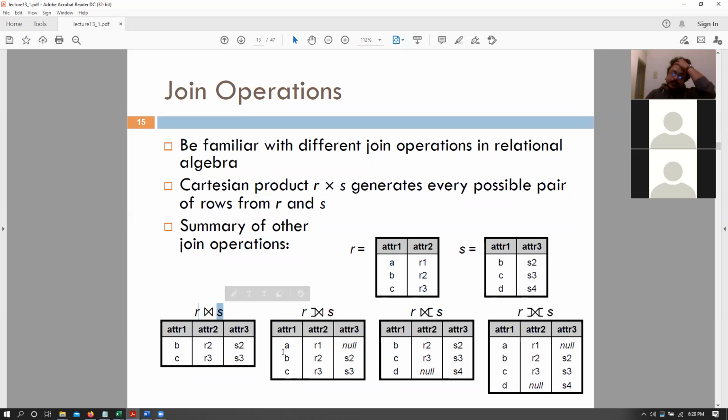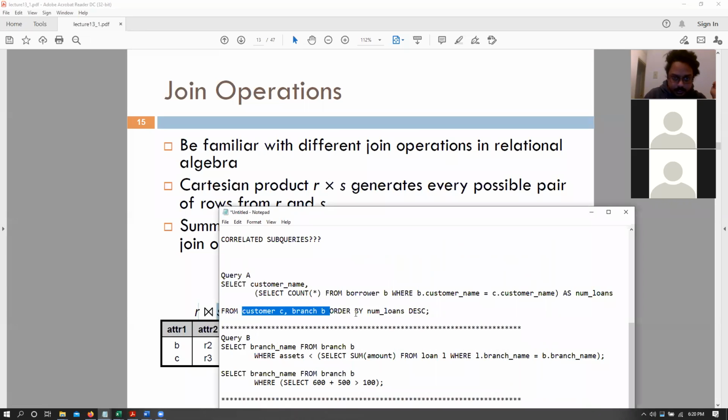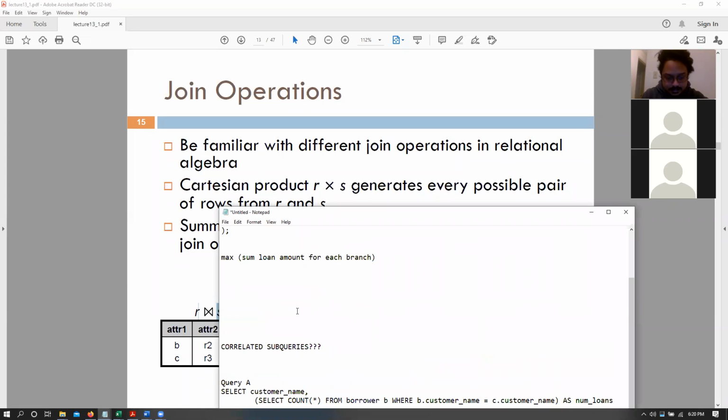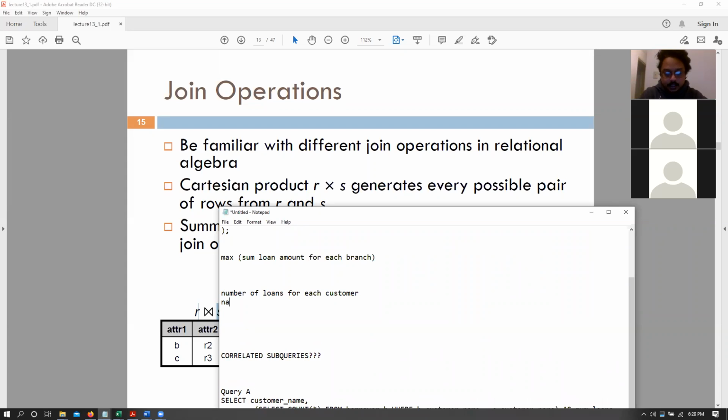Just imagine a query where we say, and let me ask you this question to make sure you understand this, let's say I want to write the number of loans for each customer. We can actually group by the customer name and then just count the number of rows, right? So if we perform a natural join